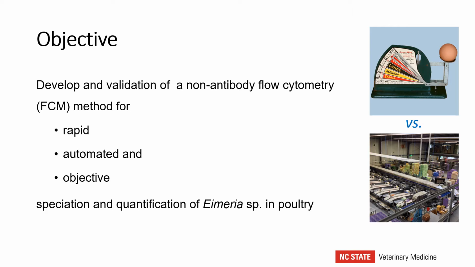We can compare flow cytometry analysis to egg sorting machines. The eggs can be sorted by weight individually, as shown in the photograph on the top. That would be the equivalent of manual counting. Or they can be placed in large machines in the egg plants, where many eggs are automatically and quickly sorted by weight. Similarly, flow cytometry analysis sorts the cells into different categories, which we hypothesized could identify the different species of